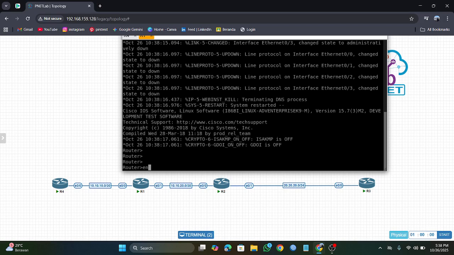Commands can also be abbreviated like in MikroTik. Okay, enter.